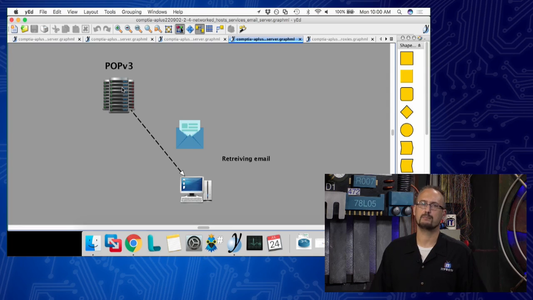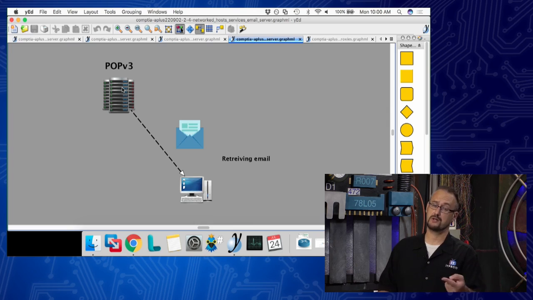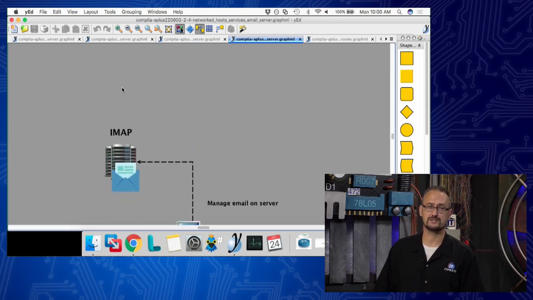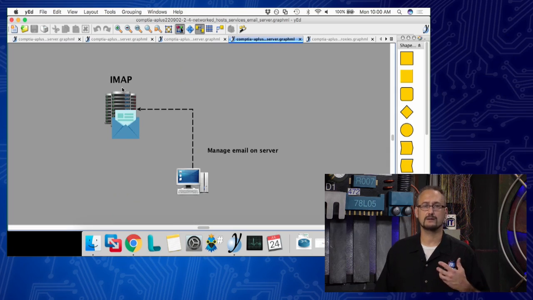Now, remember that there is a limitation to POP3 in the fact that when you download that email, it erases it off the server, which means that if you go to another computer and log in and try to find your emails, sorry, it's actually on the other computer that you downloaded it to. Which brings us to our last mail server type that we would have, and that's IMAP. Remember IMAP, Internet Mail Access Protocol, or Message Access Protocol. I've heard them call it a couple of different things. It allows you to manage your emails up on the server. All right, so that's some of the major ones.